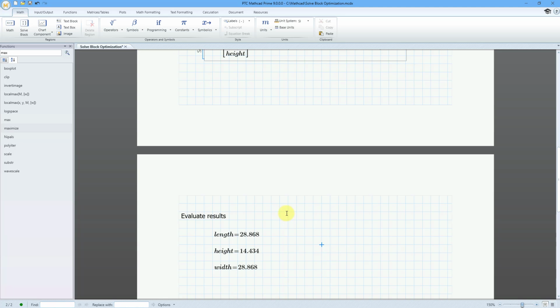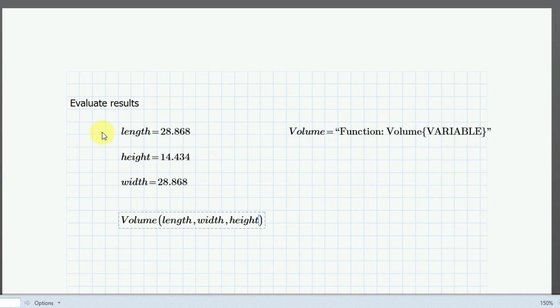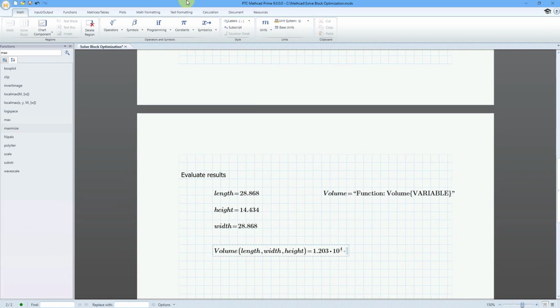Interesting result. And if we want to, we could also verify what we got for the final volume. So volume is equal to, oops. That reminds me of something. If you want to see if a variable name is taken up, you can just type it in and hit the equal sign. Well, volume here is a function. I need to pass the different values to it. So let's do that. Volume as a function of the length, the width, and the height is equal to, and let's go to our